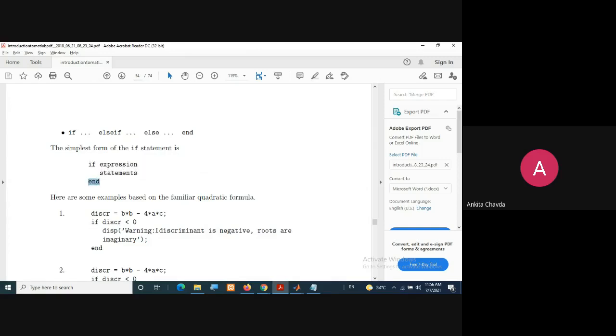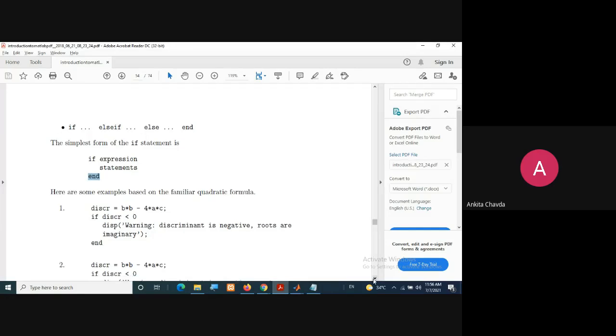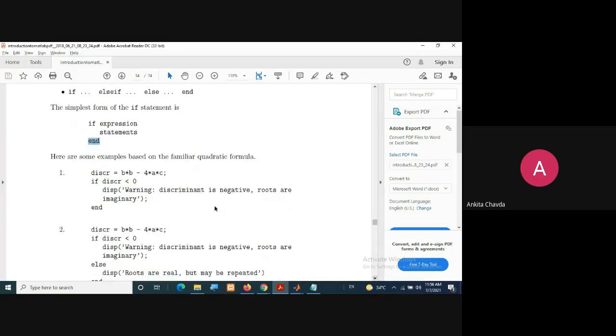Okay, so the very first example for that is a very well known example. Do you remember this b square minus 4ac? You are finding the roots. Okay, so if the roots are less than 0, means it is negative, then you can simply print some message. So for that I have used here the function disp, just to display the message. Okay, and I'll end it at the last.